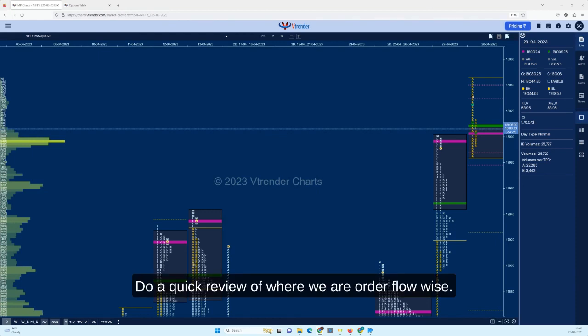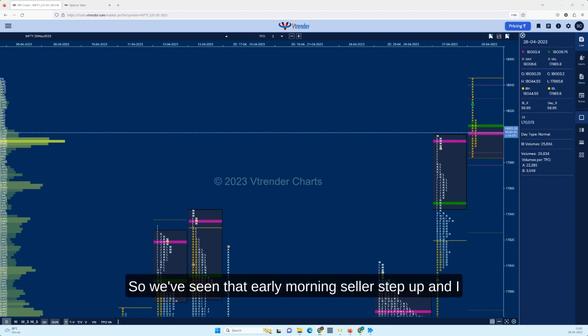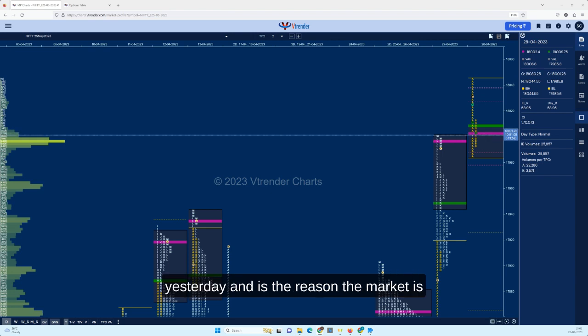A quick review of where we are order flow wise. 18003 in the Nifty and 43000 in the Bank Nifty right now. So we've seen that early morning seller step up, and I mentioned that 18040 mark to you, and it's banging against that reference of 17990F, which we had. Right now, 17990F is that high volume of yesterday, and is the reason the market is